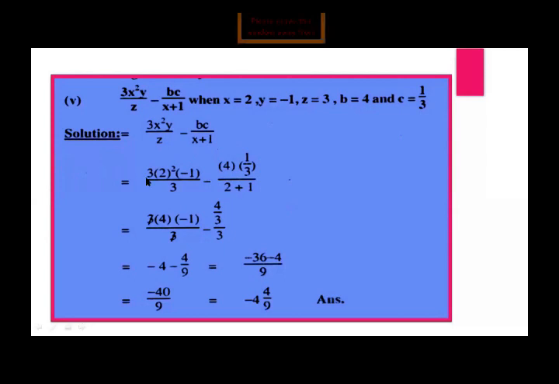In first fraction, we solve the multiplication. Its answer will be 4, because 2 to the 4. Where 3 and 3 can be cancelled, because they can be cancelled easily. Then minus 4 into 1 upon 3, we observe that there is no cancellation. So we multiply 4 by 1, getting answer 4 upon 3. From denominator, 2 plus 1, answer is 3.